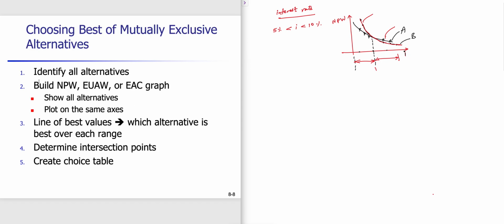So what we do is we will do the net present worth or equivalent uniform annual worth, or we have to do either annual worth or present worth or future worth. We basically have to plot it, and we see the line of best value. Which alternative is best over a certain range? We have to also look at the range. For example, here in the given example, in this range of I,